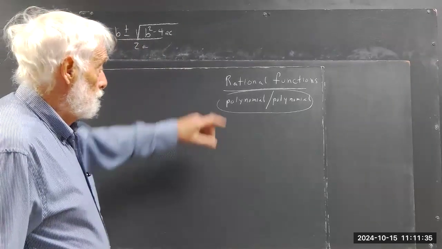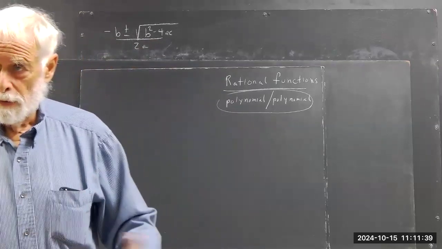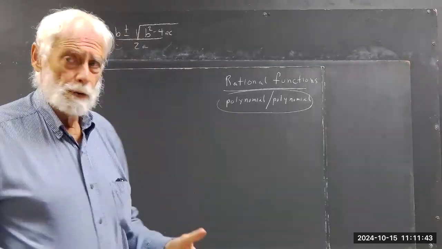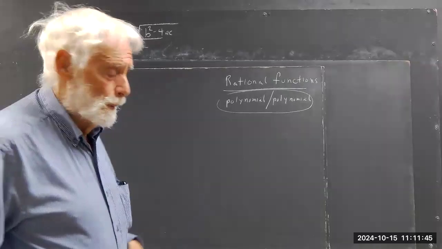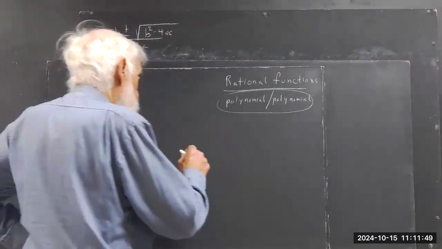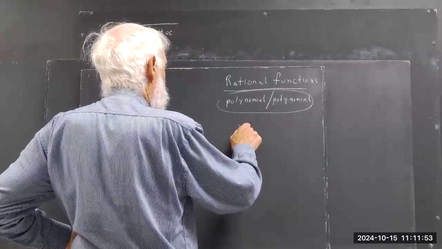Okay, we're gonna talk a little bit about rational functions. We talked quite a bit about polynomials and how they occur. And rational functions can be understood in a way very similar to the way we understand just any old polynomial. So as an example, let's say we have the polynomial